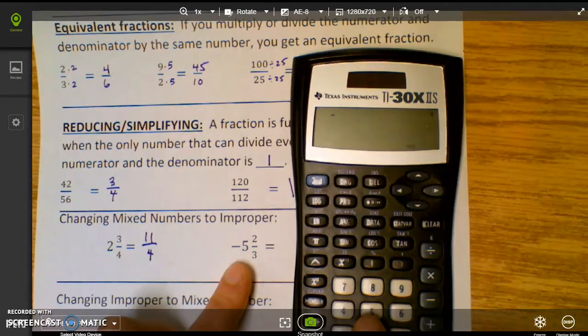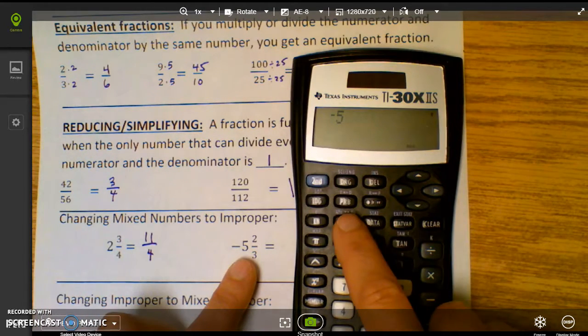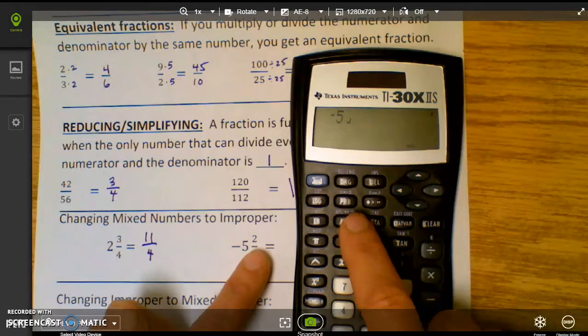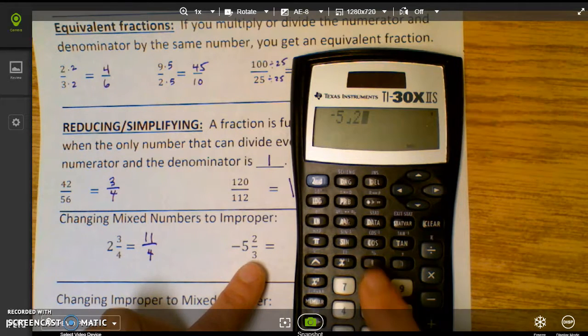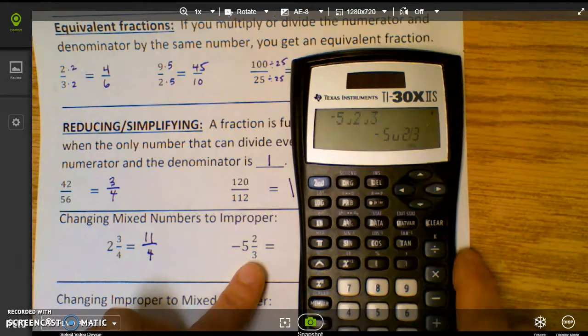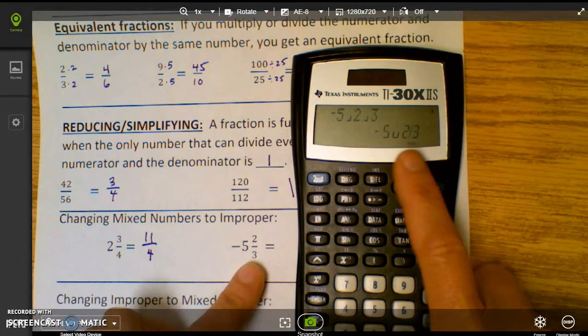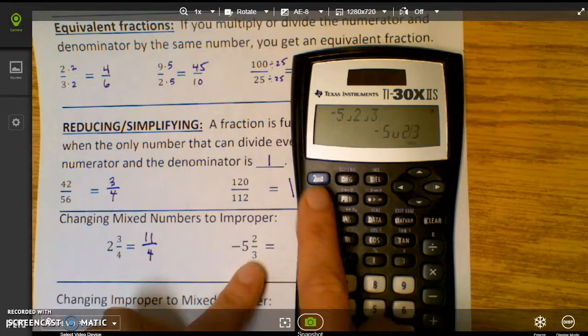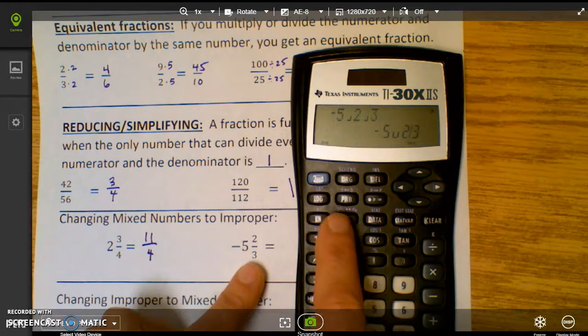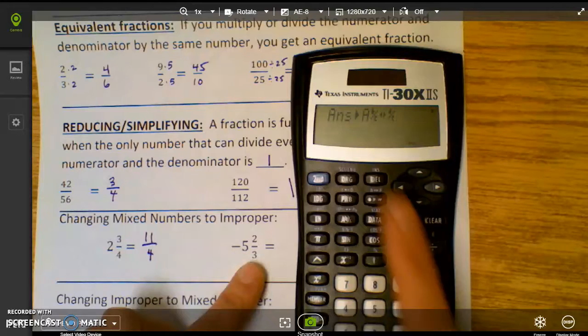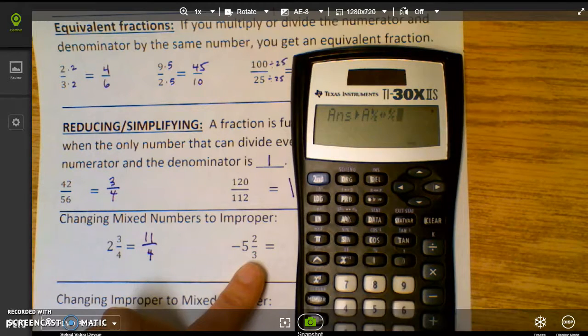You would put in your 5. And then because it's going to be a mixed number, you have to press ABC before your numerator, and then hit ABC again before your denominator. Whoops, I hit enter by mistake, and all that did is it told me what the mixed number was again. What I meant to do is press second ABC to change it to improper. So remember, you're going to get those crazy symbols that came off your calculator, and there's our answer,